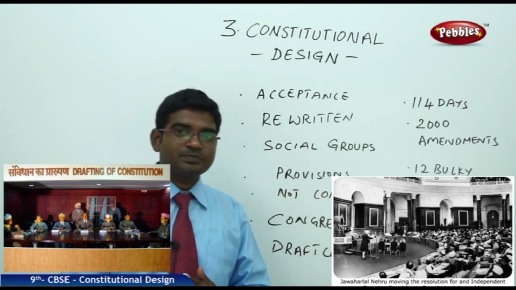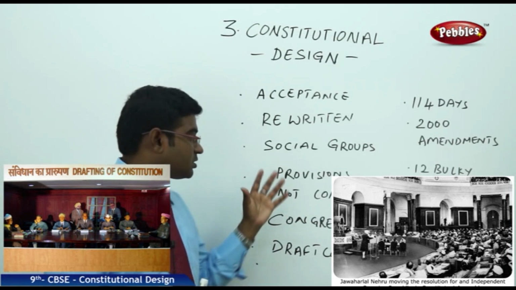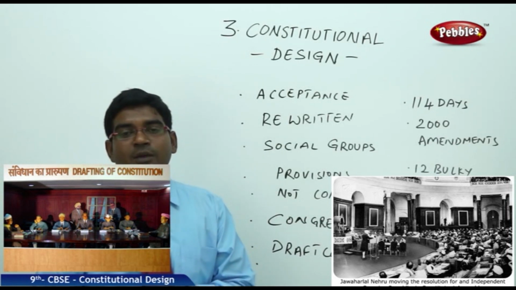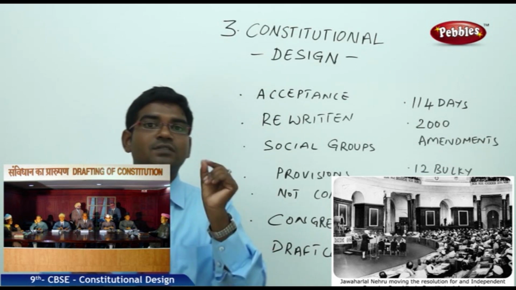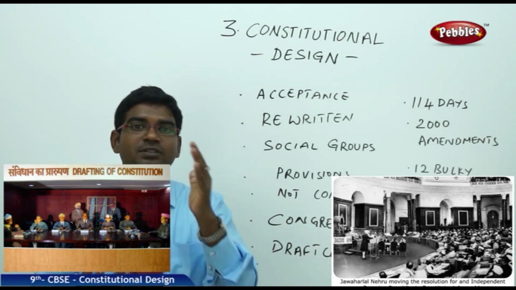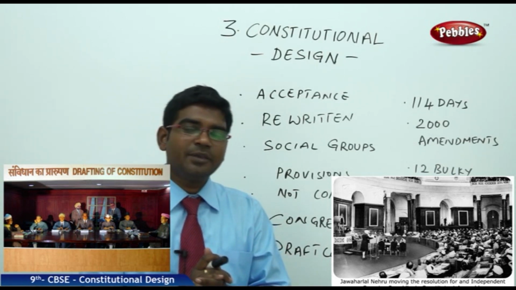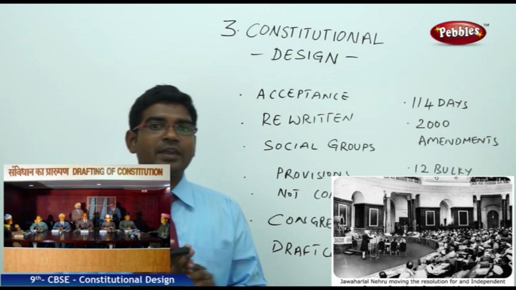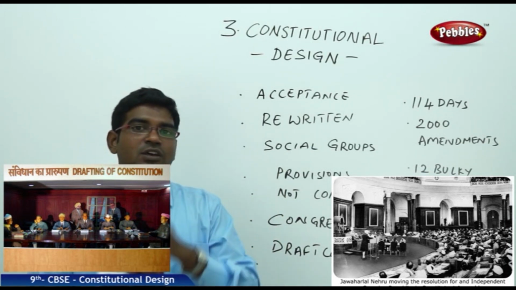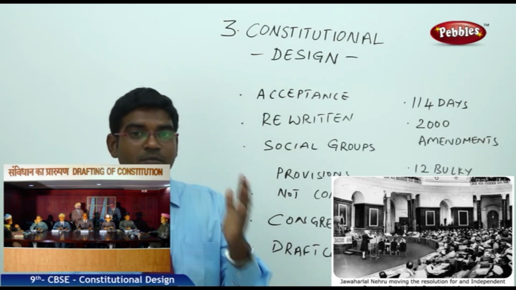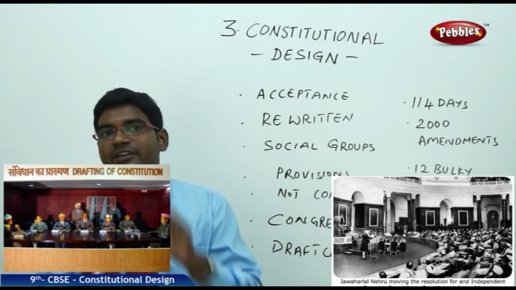had many social groups. In the sense that when we look at the provisions present in the constitution, before they became provisions, they were a part and parcel of the debates of the Constituent Assembly. When we talk about the Constituent Assembly, we also get certain doubts. Yes, for a 30 to 40 year span, even after India got its independence, the country was dominated by the Congress party. So obviously the Constituent Assembly was also dominated by the Congress party. So we all may get a doubt.